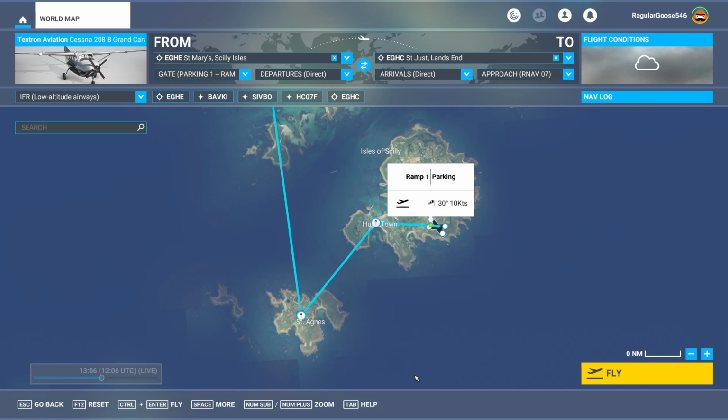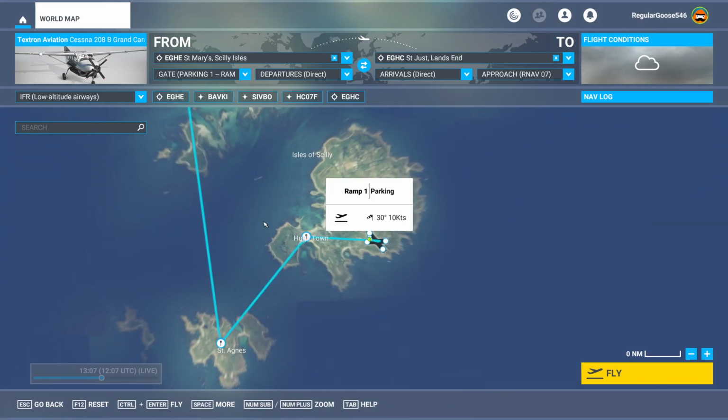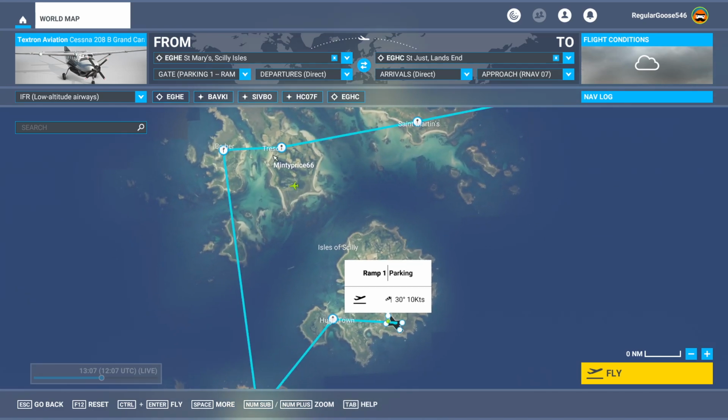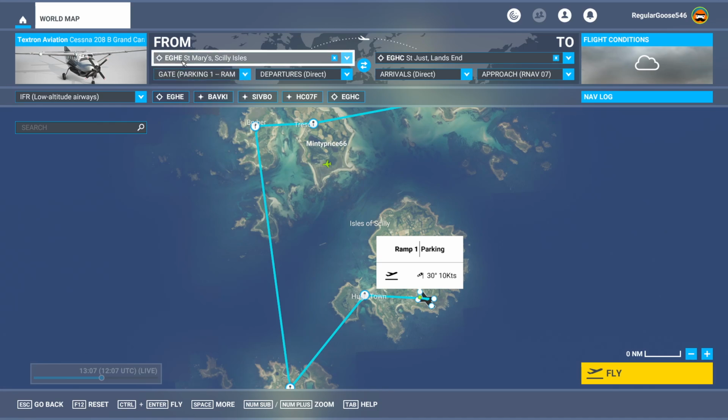Good morning, this is your captain speaking, and today we are going to be doing a flight using a Textron Aviation Cessna 208B Grand Caravan. I'm going to be taking off from the Isles of Scilly in the British Isles, which is EGHE. EG is basically the code for England, and HE second from last, and last letter always the airport. So EGHE,